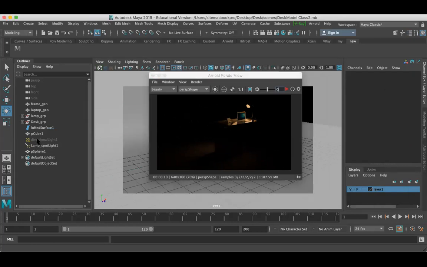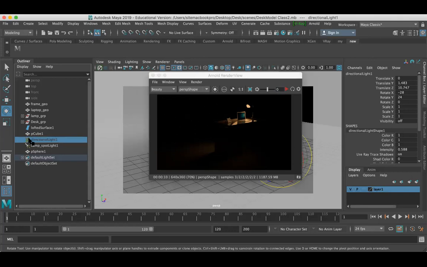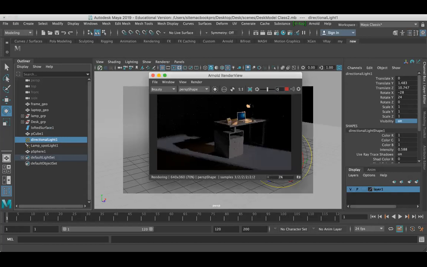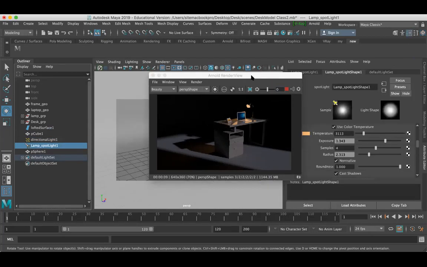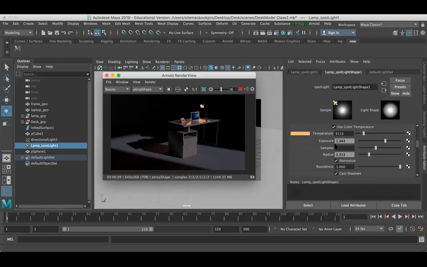Now go to directional light, and under directional light, go to the channel box. Under visibility, you can find it is off. Click one and hit enter to turn it on. Once it is on, I want to hit play. Let's see how our view looks. Yeah, so this is what we are getting, right? Now you can see that this is completely focused.